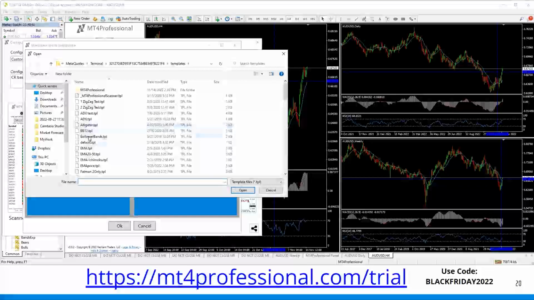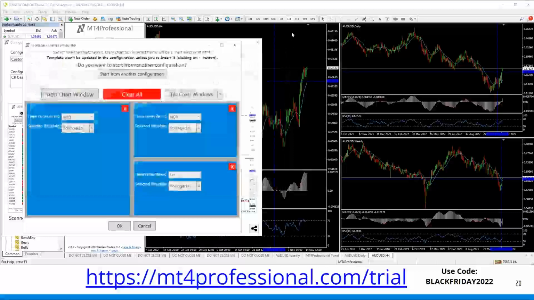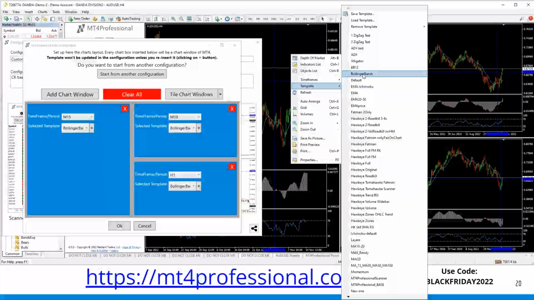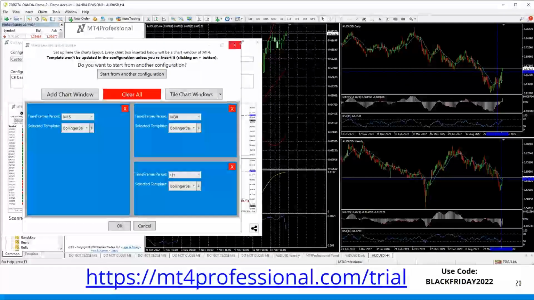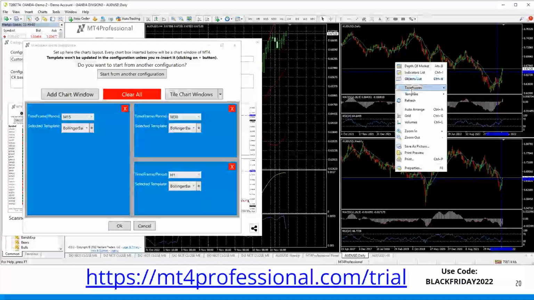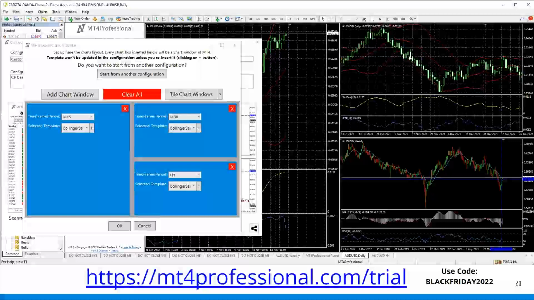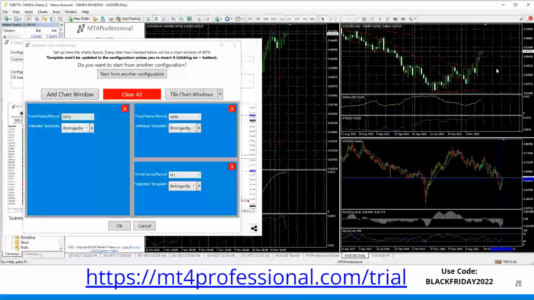I want to go in. I have a Bollinger Band template that I've already pre-configured. I'll just go through and pull the Bollinger Band template up, and you can see on the chart itself that I have Bollinger Bands already set up and working on the charts themselves. There's a standard deviation and ATR range indicators there as well, but those aren't used. I was just using them to set up the Bollinger Bands themselves. All right. So I just wanted to show you that that's set up that way.